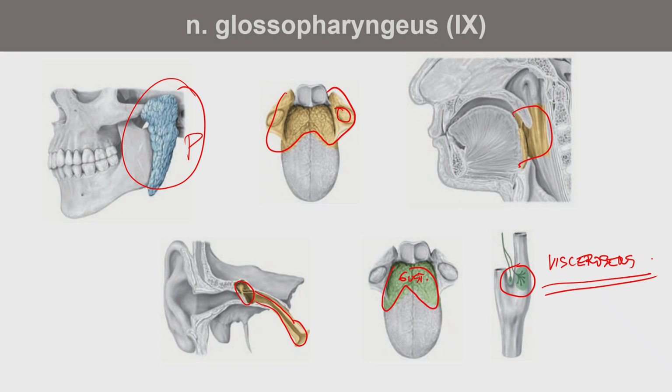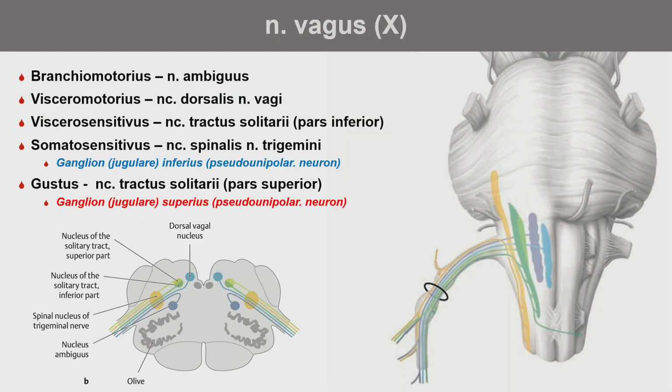Very important. So this is the glossopharyngeus, with very variable functions. The vagus has very similar functions, but in different territories. Again, the branchiomotor nucleus is nucleus ambiguus. The visceromotor nucleus here is called dorsalis nervi vagi. And if you remember, there was about